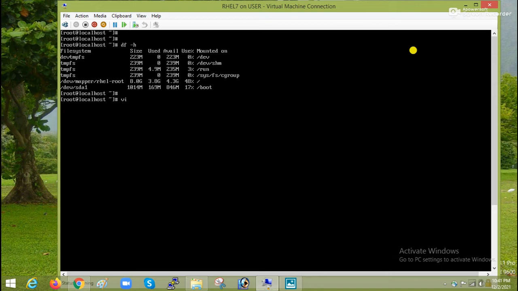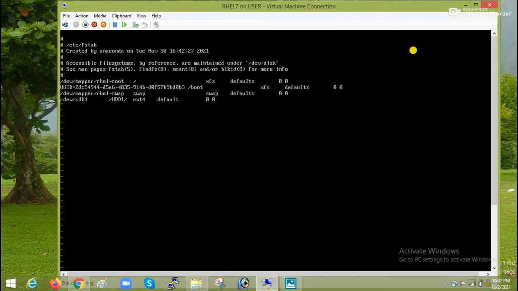That's why sdb1 is not working and my server is not booting in a healthy state. So for checking the fstab file, we have to go to /etc/fstab. We have to check the line for the sdb1 entry. Here you can see /dev/sdb1 /hdd1 ext4 default 0 0. So here we can see there is a spelling mistake; it should be defaults. I have corrected this one and now we have to save this file.